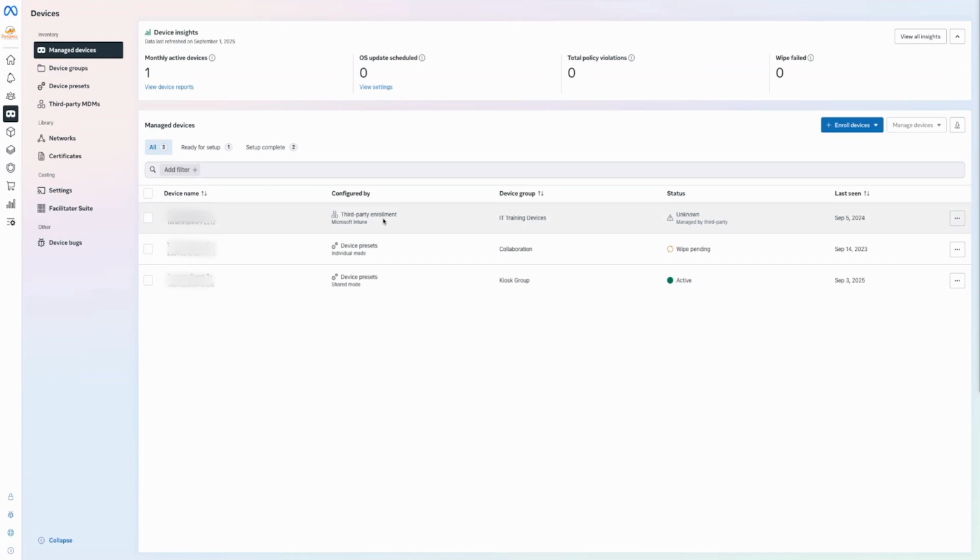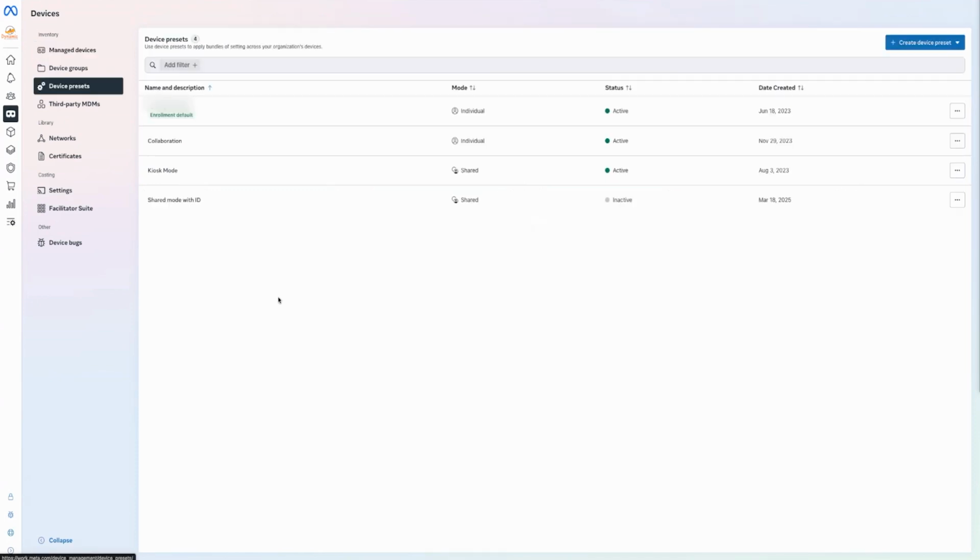By clicking on any device, you get additional details like when it was last seen, the operating system version, MAC address, battery levels for the device and controllers, and more. For each device, there's a menu where you can change the configuration, what we call device presets, reassign the group